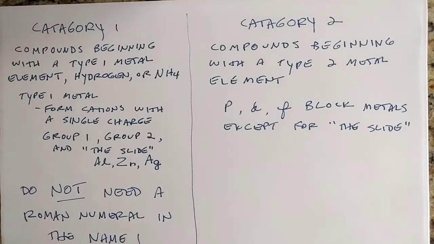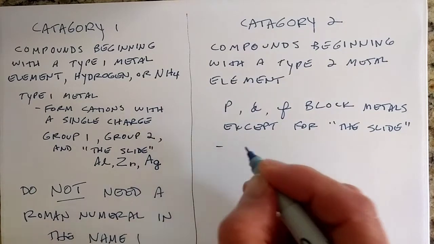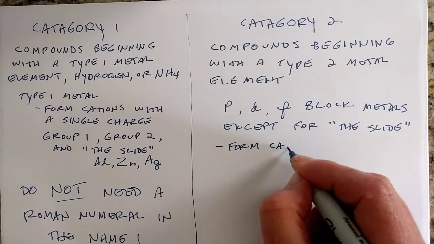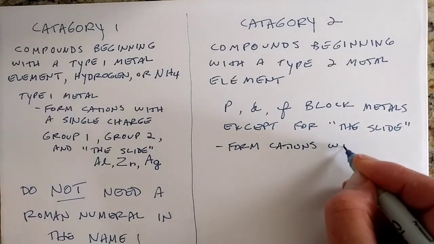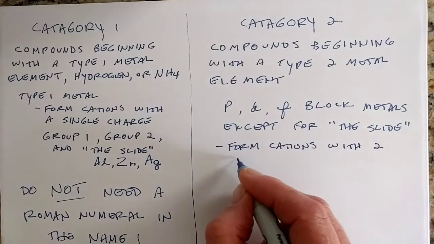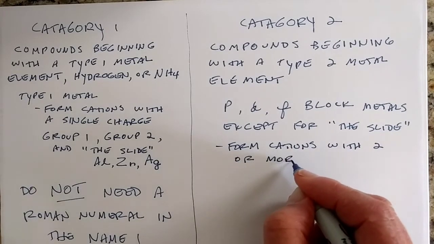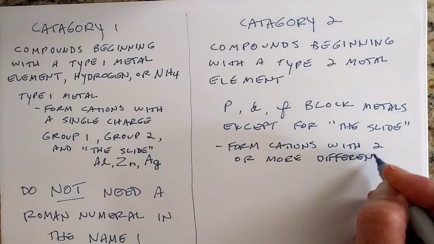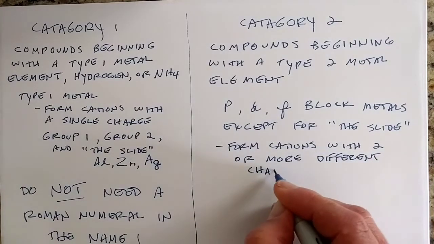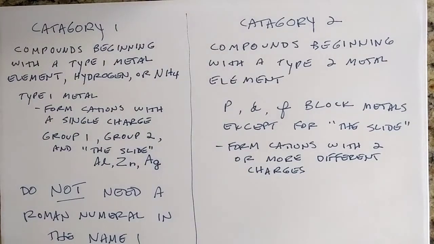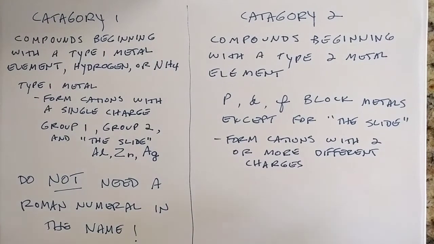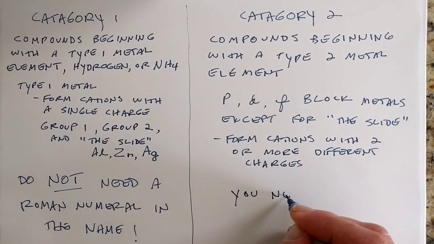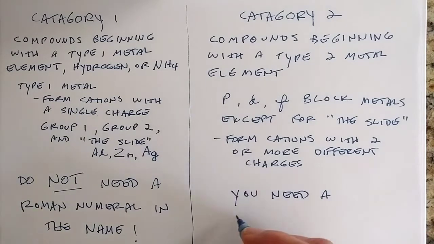So our type 2 elements, these form cations with 2 or more different charges, and that depends on the compound. And the important thing for category 2 is you need a Roman numeral